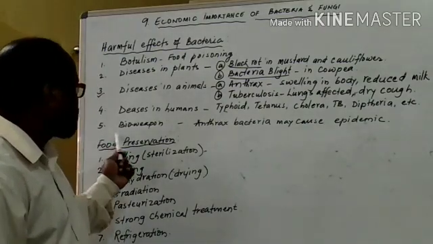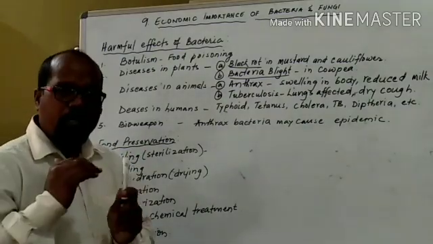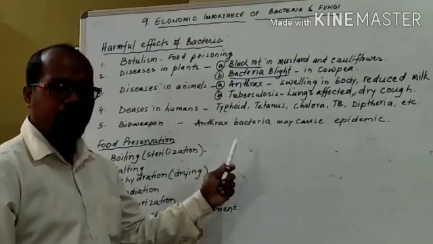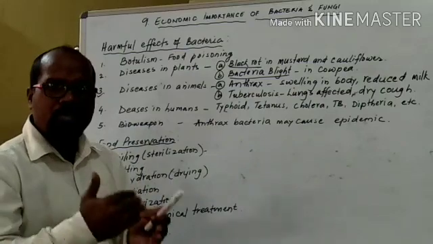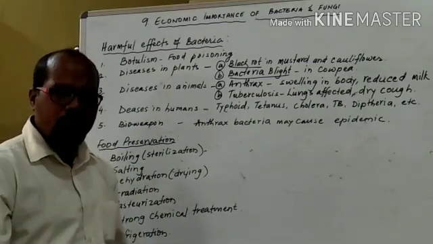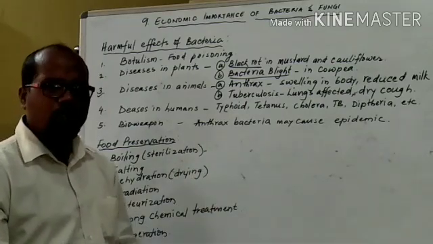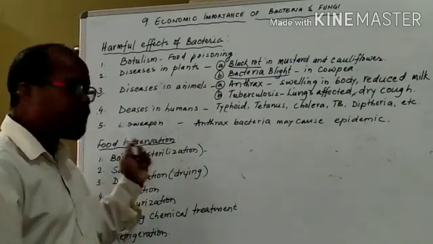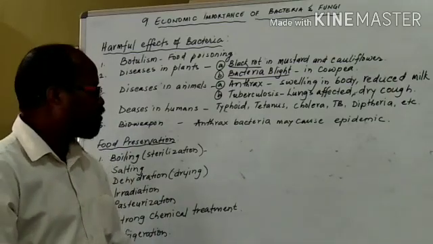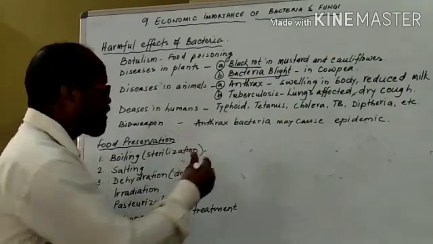And the last one is bioweapon. Some of the bacteria can be used as bioweapon. Bioweapon means living organisms are multiplied and produced so as to kill human beings. They are used as weapon to kill human beings. So some of the bacteria, just like anthrax bacteria,